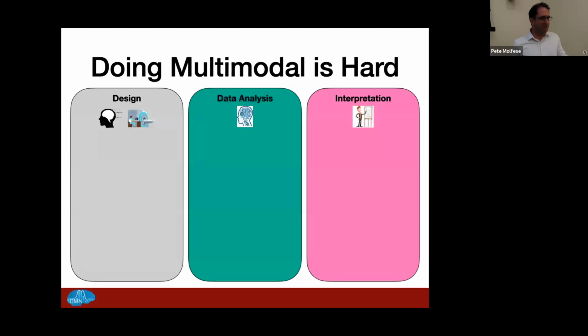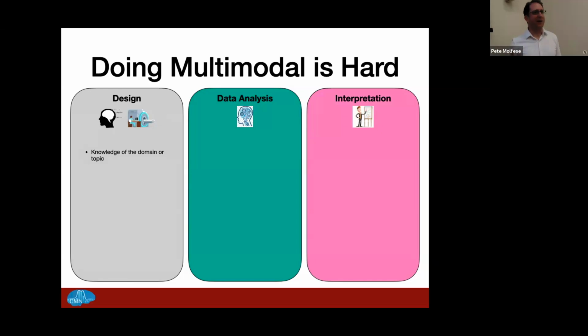So this slide should give it away. It's written in big, bold words. Doing multimodal is hard, and it's hard in three areas. It's hard for how you design things, how you analyze the data, and how you interpret the data after the fact. So on design,